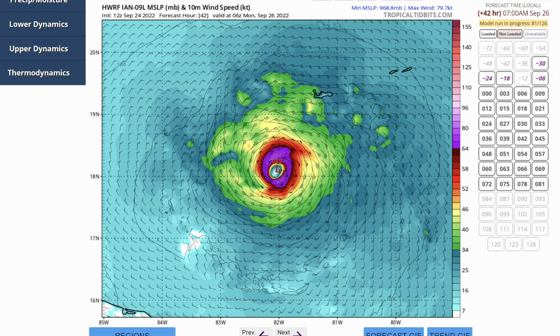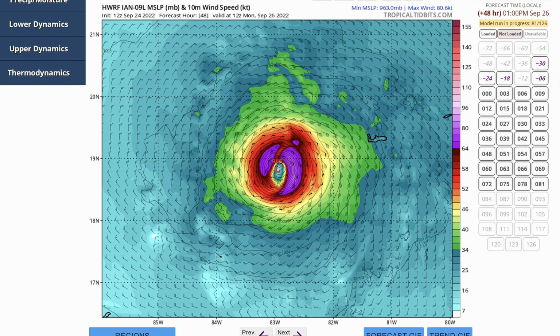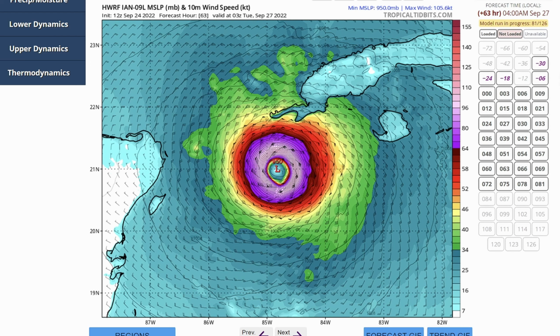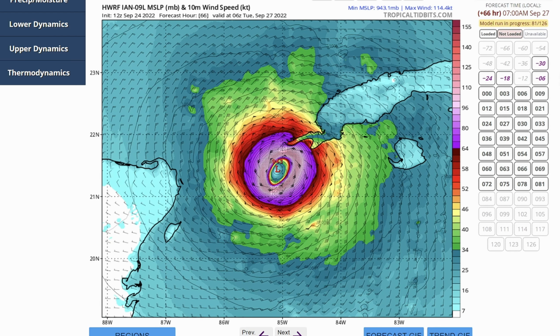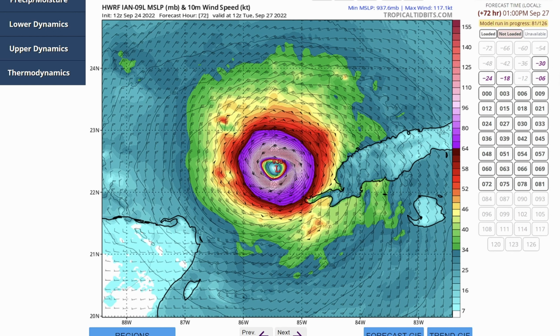The Hurricane WRF does edge the storm a little bit towards the west compared to the European center model, which keeps the storm, as it's intensifying, away from the Cayman Islands. At least the hurricane strength winds are away from the Cayman Islands. But that is not the case in the other models, which are taking it closer. So you can see the Hurricane WRF is really taking it significantly west of the ECMWF, just clipping the western end of Cuba with the right side of the eyewall. At this point, the Hurricane WRF has it as a major hurricane,